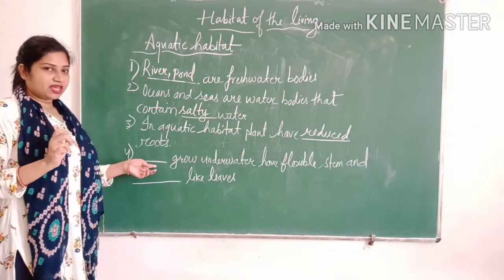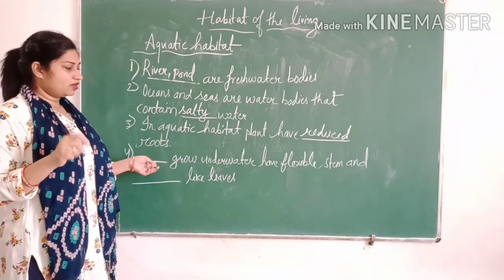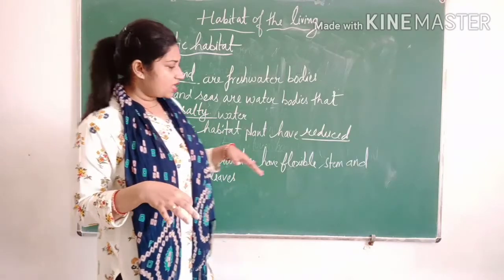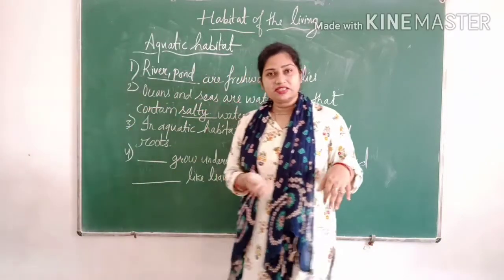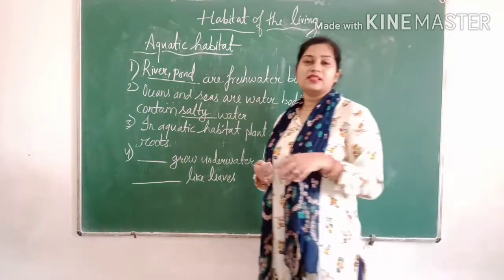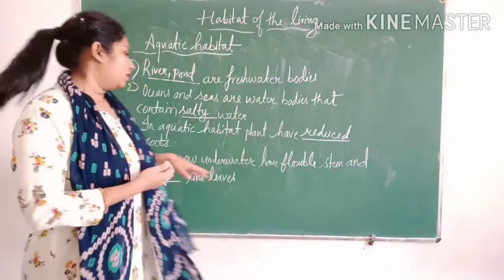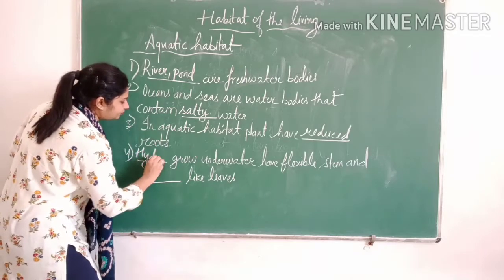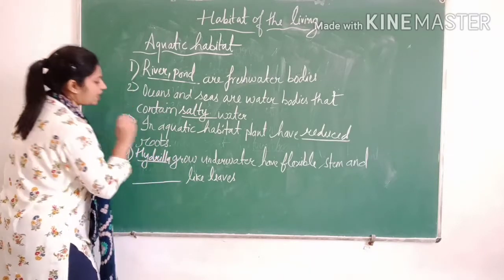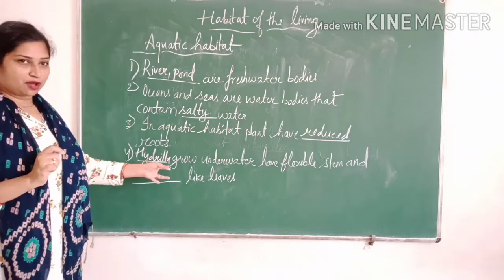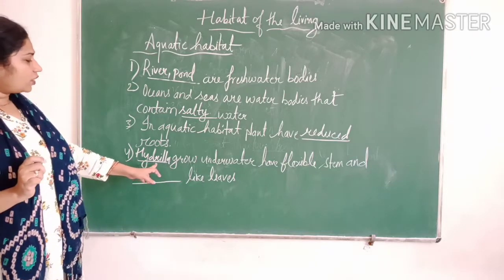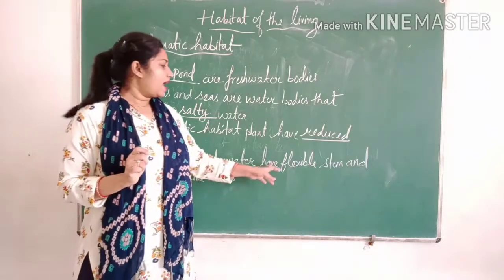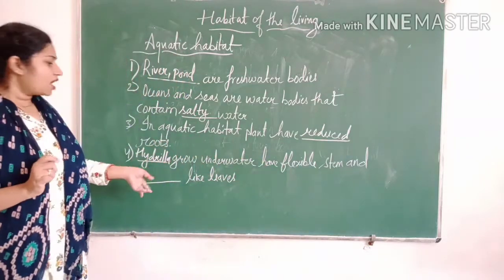Can you name one example of a plant which grows underwater and has a flexible stem? Can you just guess the name? Okay, the name is Hydrilla. Hydrilla is one of the examples that we have done. It grows underwater, having a flexible stem, and what kind of